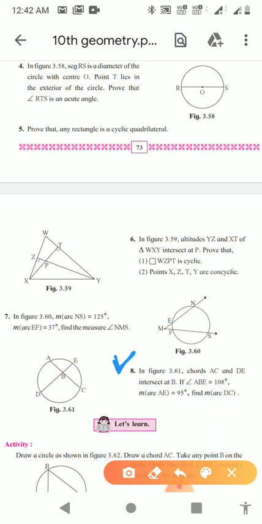Now one thing I want to make clear to all: most of the time, students think that circle, chapter number 3, is there, and I'm going to start this chapter and within 2 days I'm going to finish it. But this chapter is not like that. If you are studying this chapter within 2 days, what will happen is that you will not be able to thoroughly understand it.